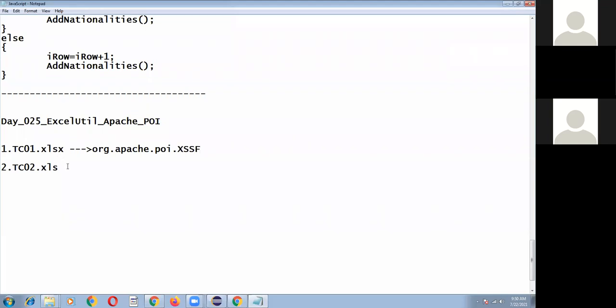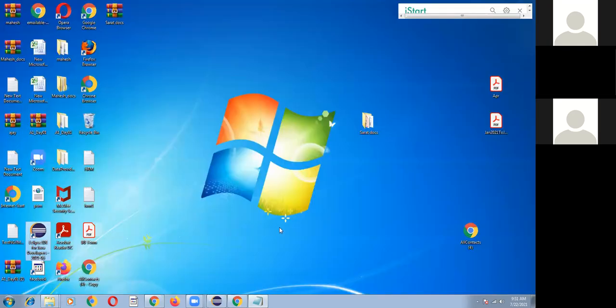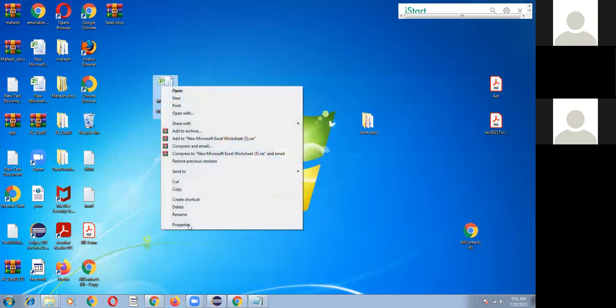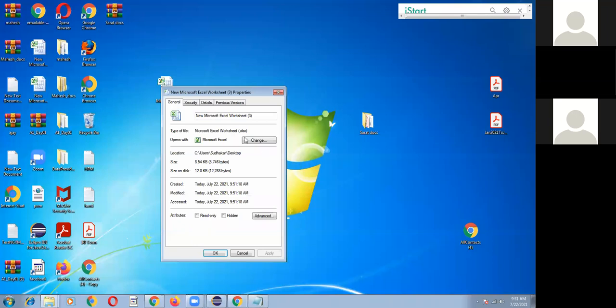org.apache.poi.xssf supporting class files, which we are going to import. If the file extension is .xls, we are going to use the supporting class files as HSSF. Whenever you create an Excel file like this, check the properties; here it is showing .xlsx.